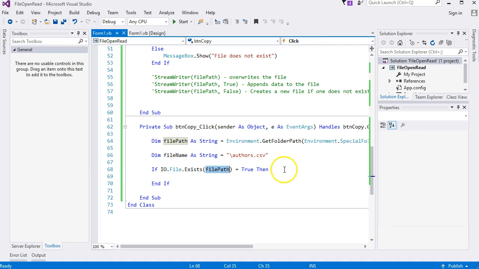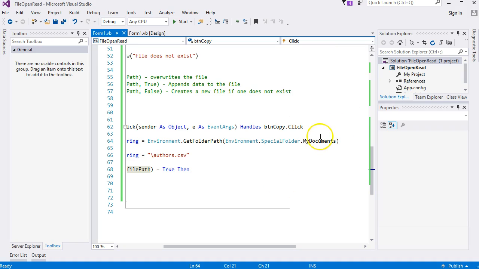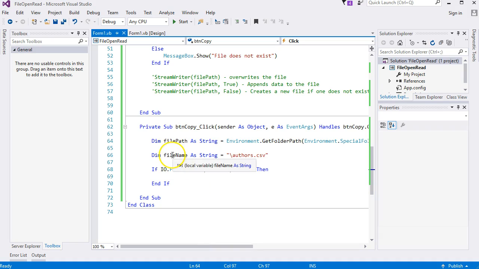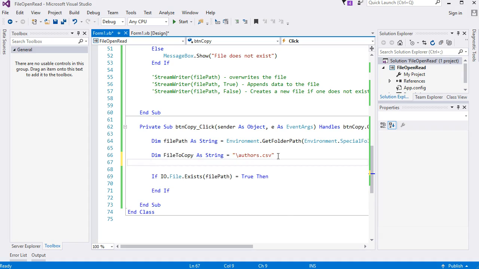I've already created one, and as you can see I've added a file path, and I've just ended with my documents there, and I've got file name as string, and I've added that if IO.File.Exists file path equals true, then we're going to be doing something. I'll change this one to file to copy, and we need a file name for the new copy. We're going to be copying it, so it needs a new file name. Then I'll just call it new copy,